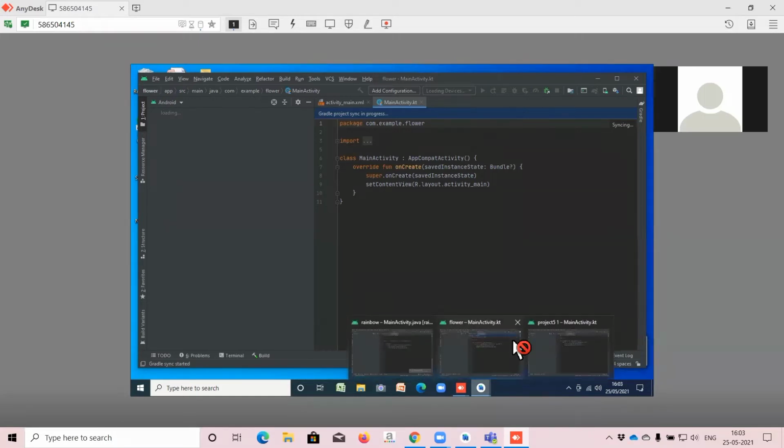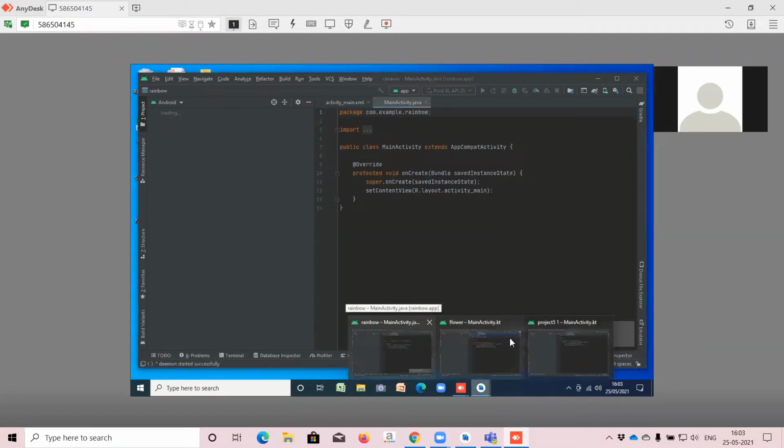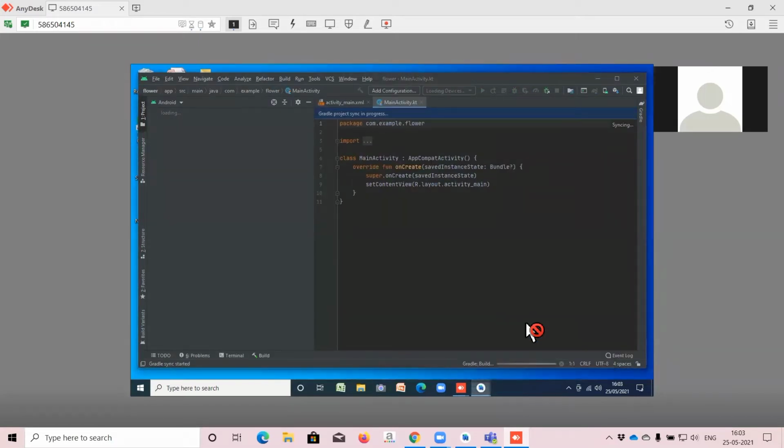Again the three rainbow. Okay, no worries. Just give me a minute. We have to close. You better close everything. Any one is fine.